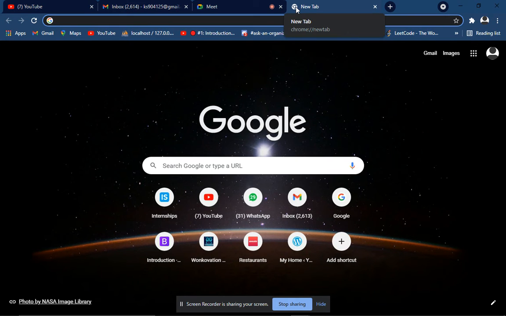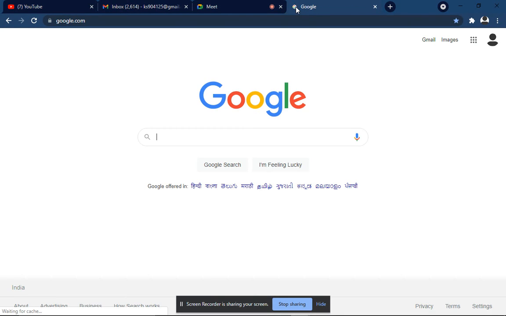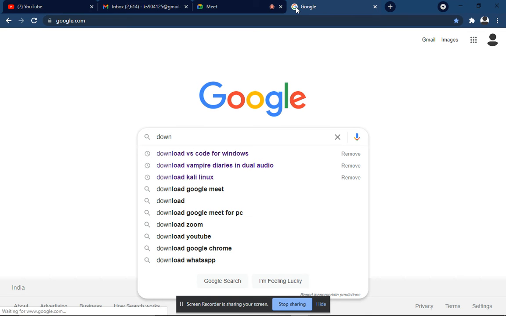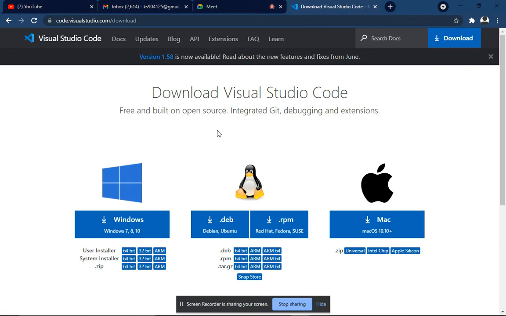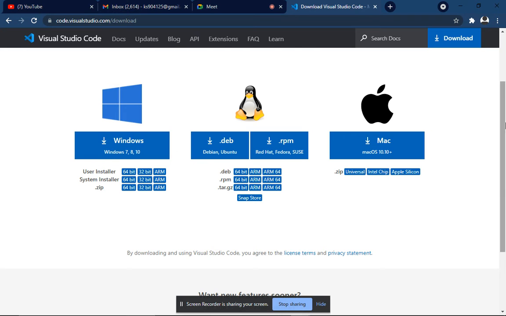When you go to Google, you just write here: download VS Code. Here you can see my Google already shows some results, so I just click the first link, which goes to the download page.